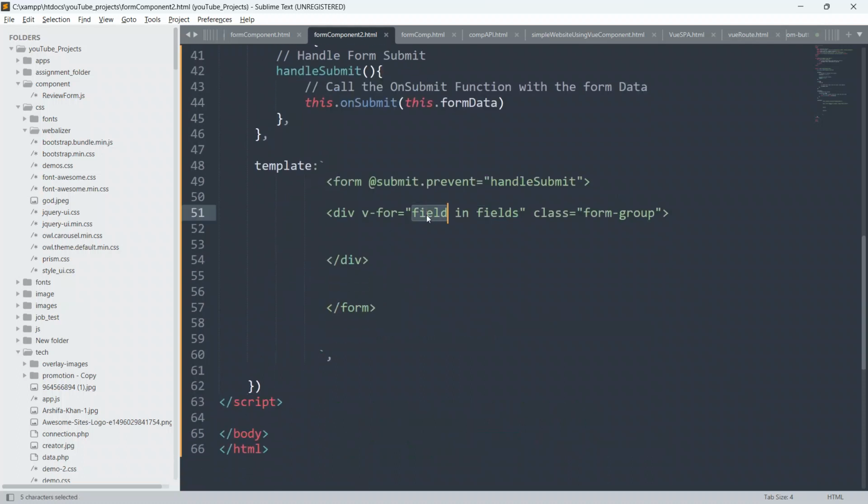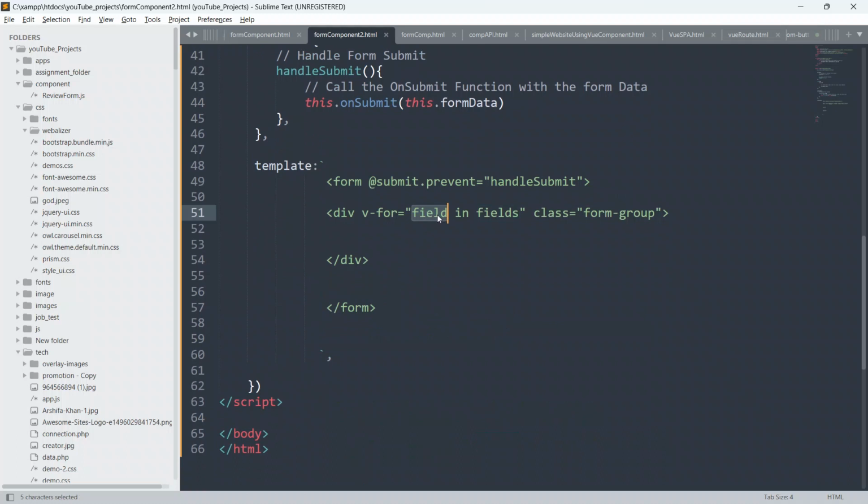We will use this variable to store each item, and since each item is inside this field, we can easily show the user field.name, field.placeholder, field.anything. I will explain later on, so just be here and watch the entire video.